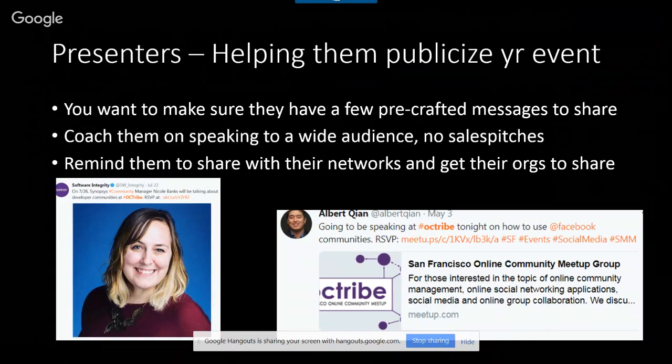So I just got his commitment to share on his own account and to use our trackable links so I could see, and it's important to give them the right hashtags. So you can see that he used our own hashtag, but he appended some other additional hashtags to catch some other people who might be following, for example, the hashtag SF and the hashtag events or the hashtag social media. So that's an example of picking your presenters who really know how to share and holding them accountable so that they really help you with your work of filling the room.